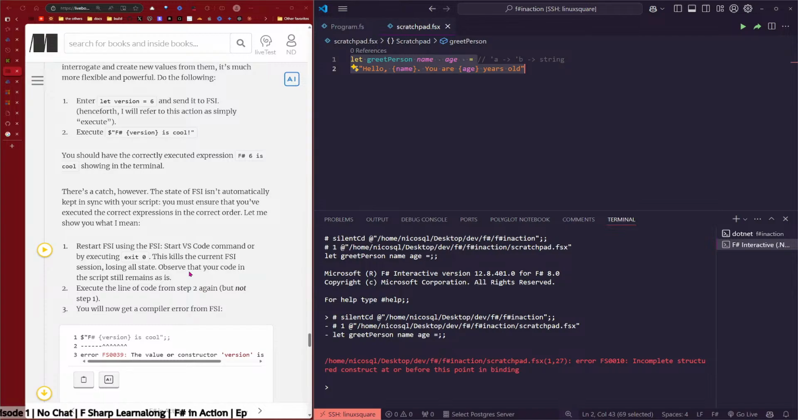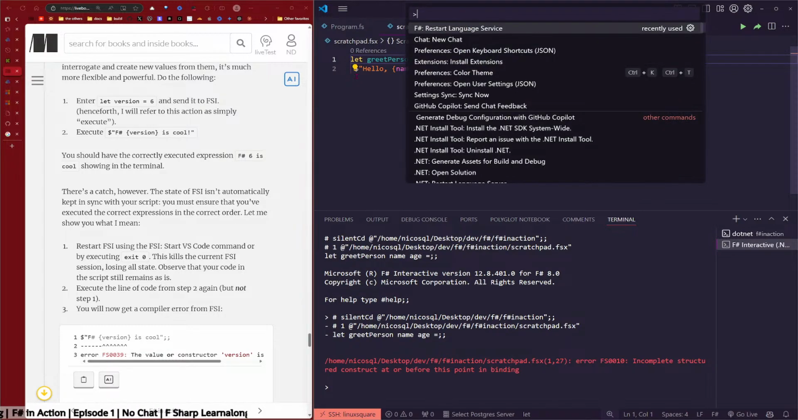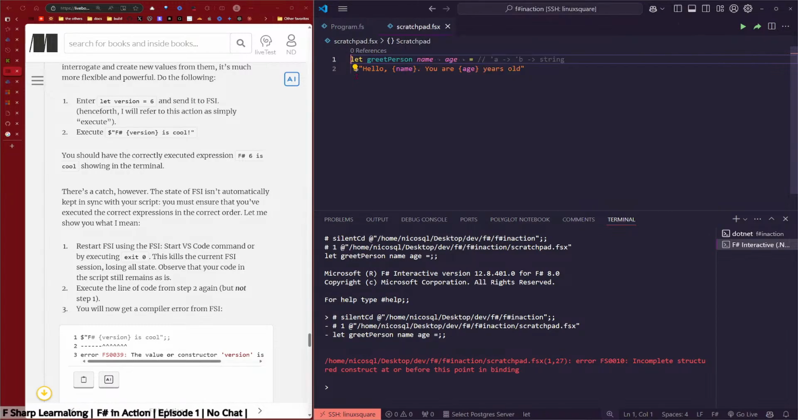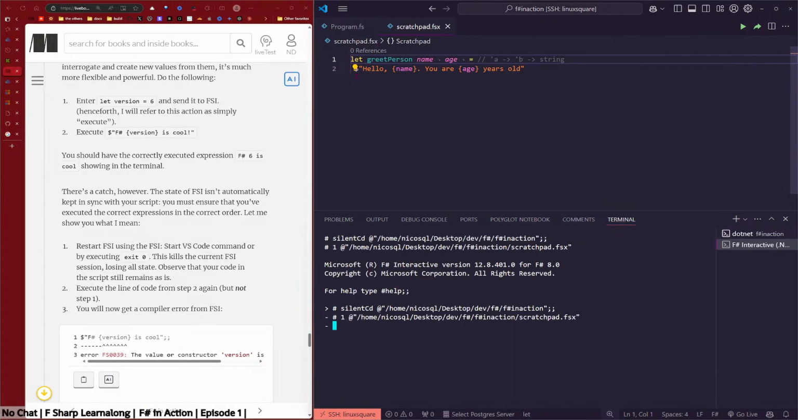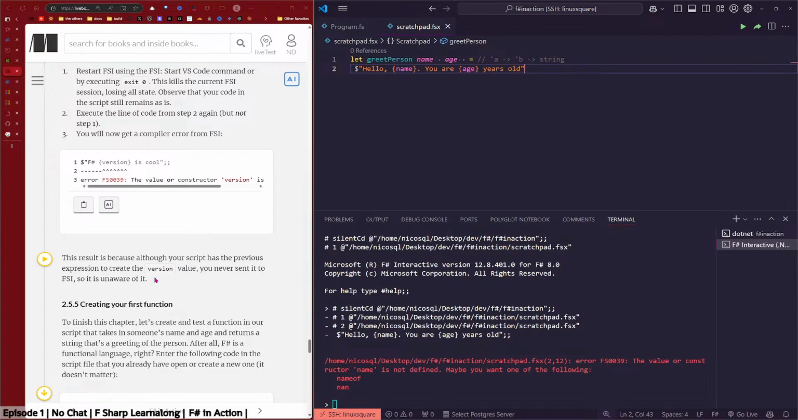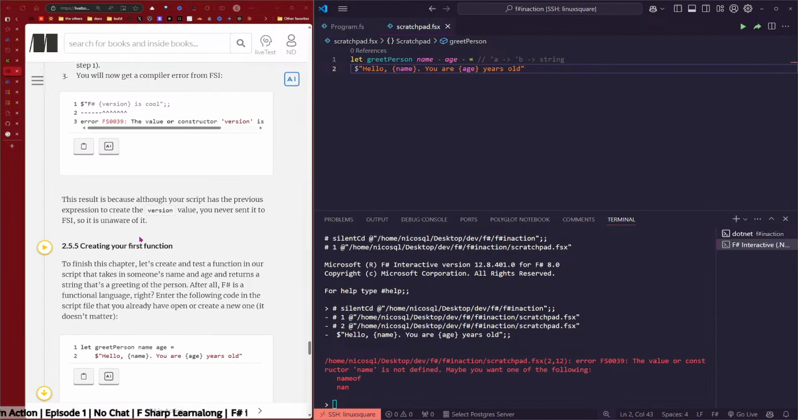Restart FSI using the FSI start VS Code command. FSI start. Okay. Execute the line of code from step 2 again, but not step 1. Okay, then we get the error. Yes. Is unaware of it. Then we create first function